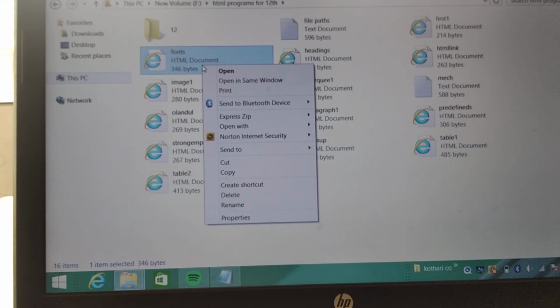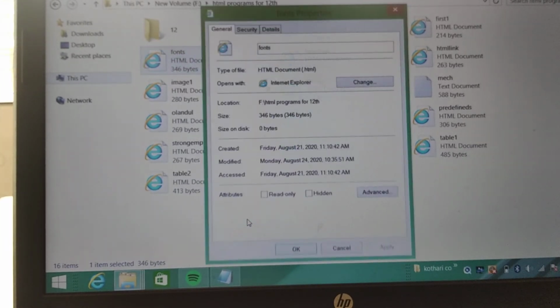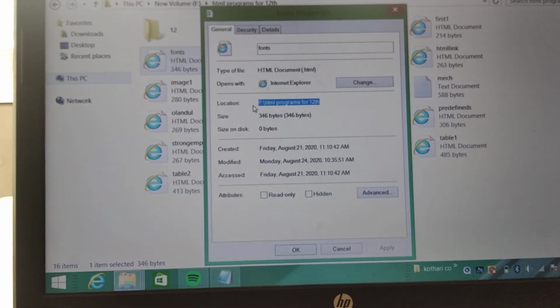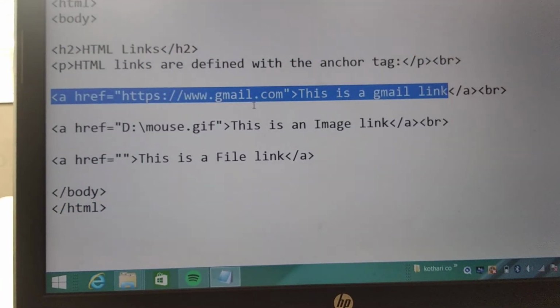We have already discussed that in our previous video in the image tag, but today I am explaining this very easily. Fonts is the spelling and the path is the location. So copy the location directly, so you will not make any mistake in that.